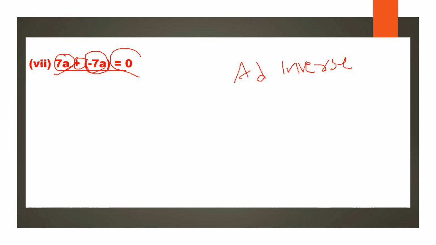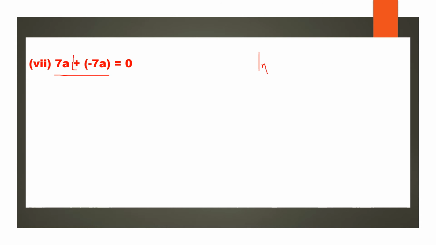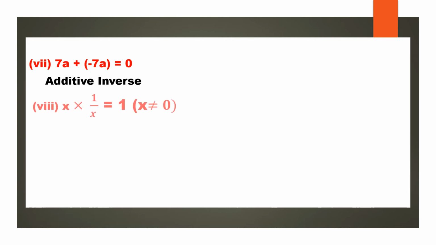Suppose 3 minus 3, what is 3 minus 3? It is 0, right? So addition of two opposite signs is giving you 0, which means additive inverse. Opposite sign means you should say inverse. If the symbol used is plus, you should say additive inverse. Whenever it is giving answer 0, it is because of additive inverse. So let us go to the next question.